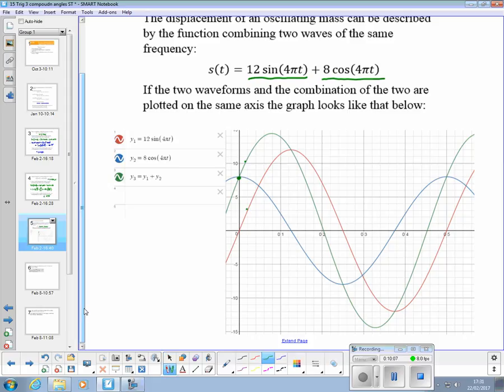This axis here, and draw a line across there. When it hits that value again, also crossing with